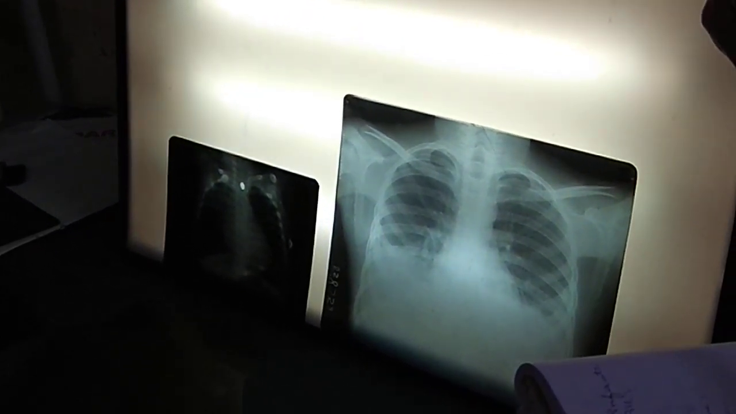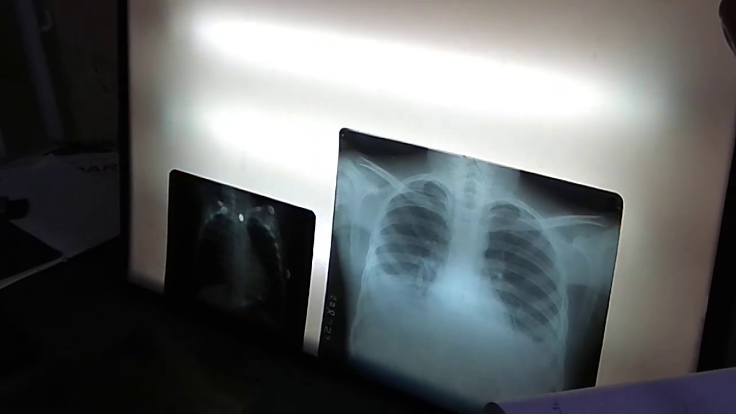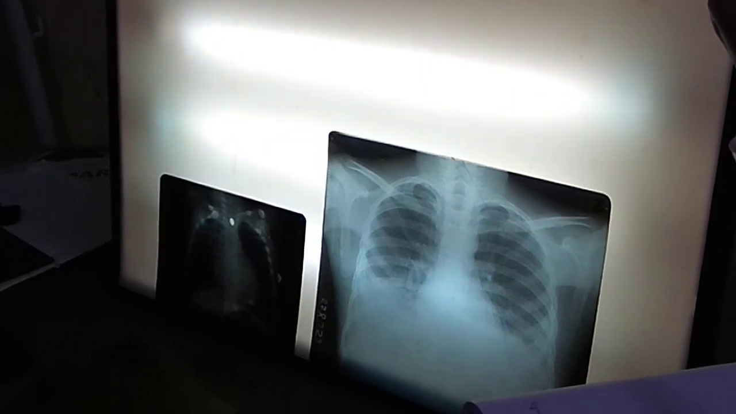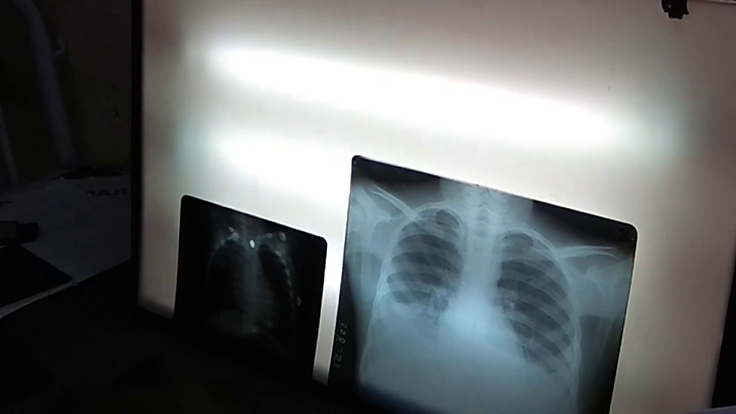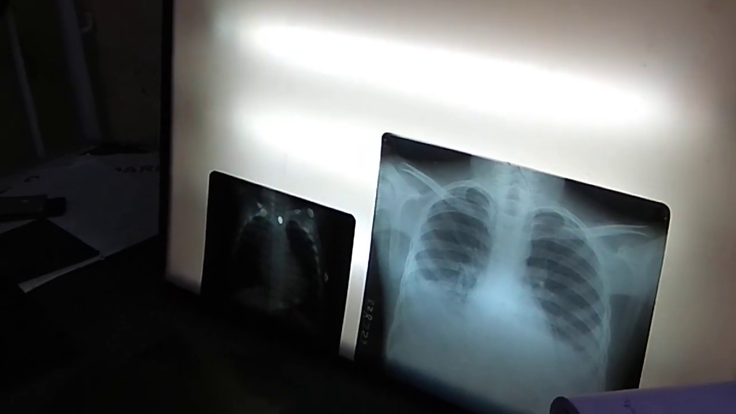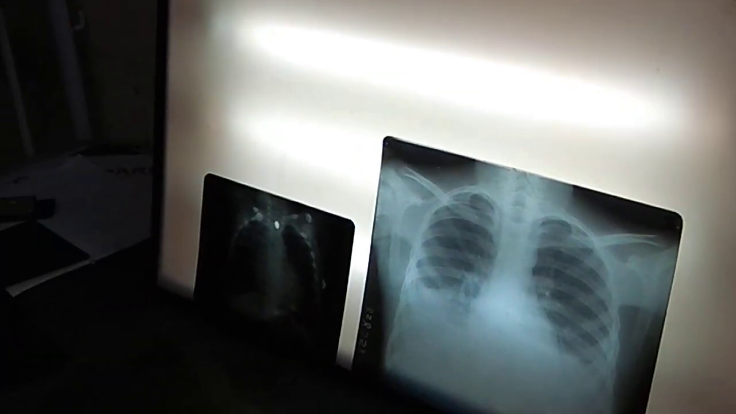Pulling lesions are collapse and fibrosis. Pushing lesions are pleural effusion, pneumothorax. Other than collapse, what is another pulling lesion? Fibrosis. So if the trachea is in the center, say it is in the center. Okay. Then,